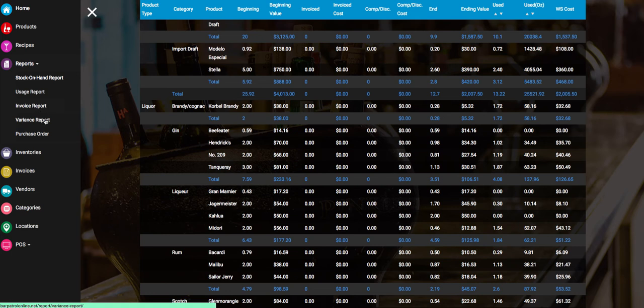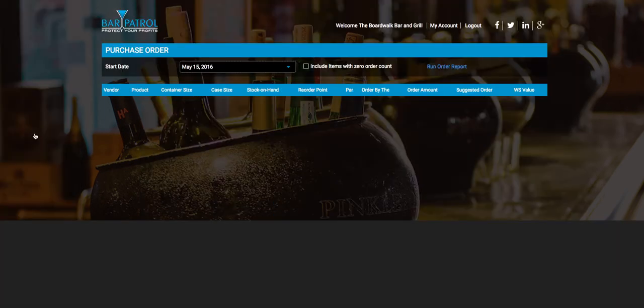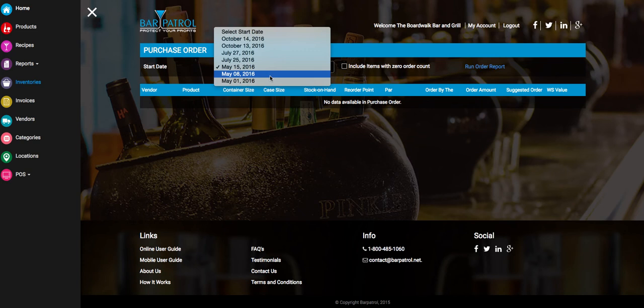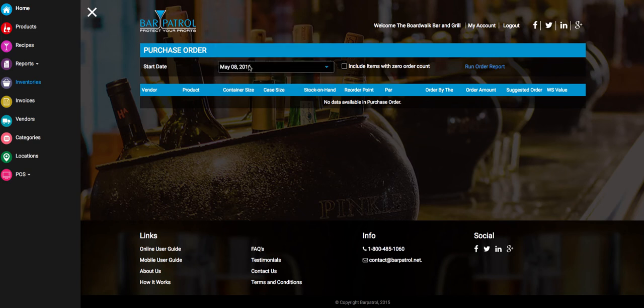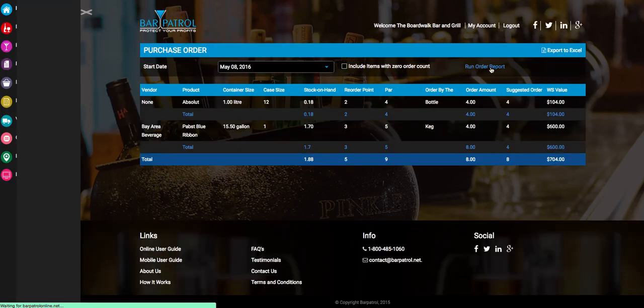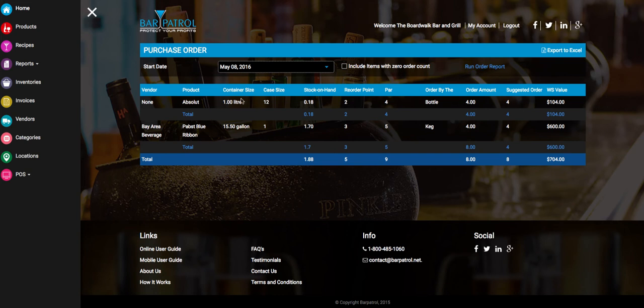Invoice report just shows you a list of your invoices. Really quick before I go over the best one, I'm going to go over purchase order. So you can run a purchase order. You take inventory, say on May 8th, run your order report. Once your PARs are set up, it'll tell you what to order here. So there's a couple here. It'll tell you